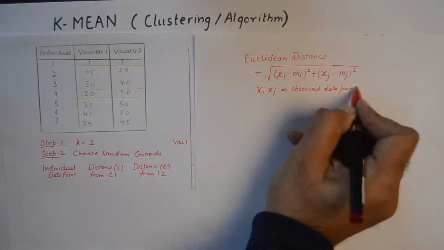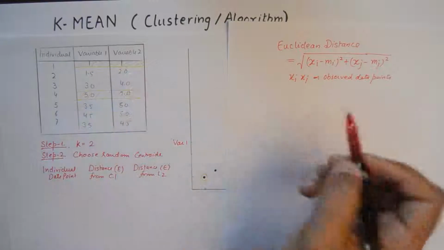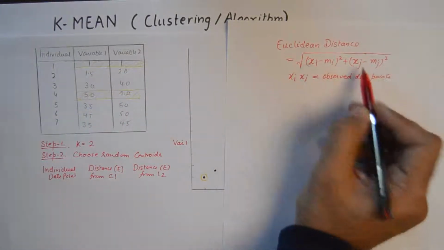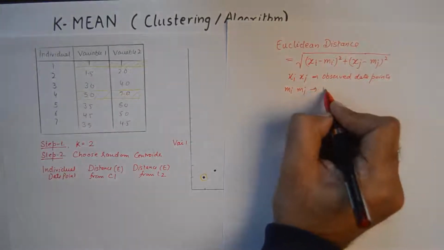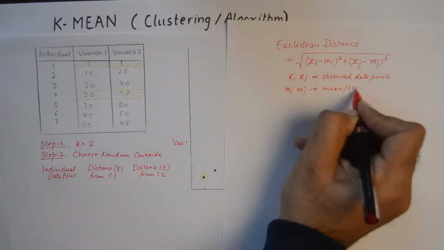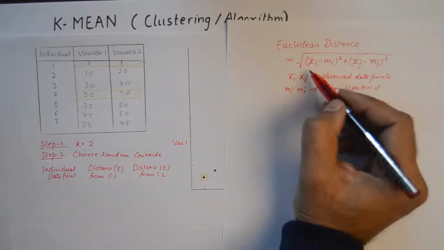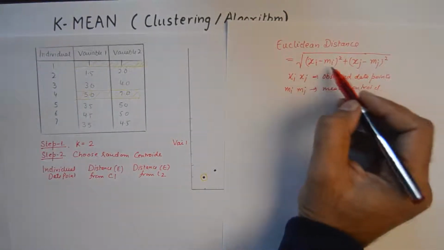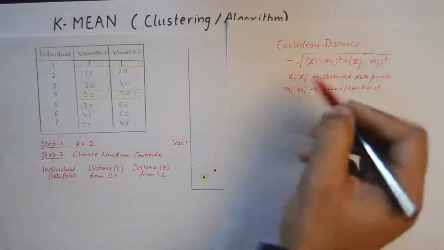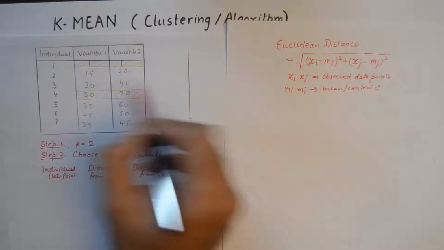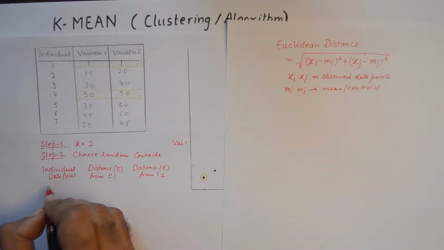For example, all these points 1 1, 1.5 2, they are to be substituted here, and mi and mj are the mean or the centroid. So first we need to calculate the distance of all the data points by substituting mi and mj to be equivalent to 1 1 and then 5 7. So let's talk about individual 1